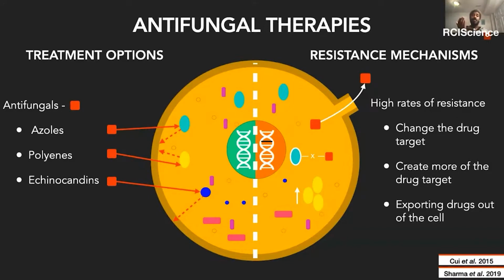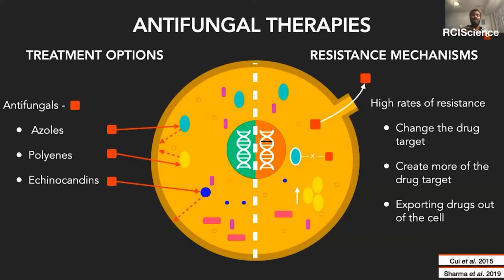The mutation usually results in either altering the drug target, so they can change it and the drug ends up not having any activity. They can upregulate the expression of the drug target itself, and when you create more targets in the cell, you need essentially a higher concentration of antifungals to achieve the same effect. And lastly, they can simply export the drugs out of the cell via efflux pumps. If there's no antifungal drug in the cell, then there'll be no antifungal effects on any of the pathogens. And this actually isn't where our problems stop,